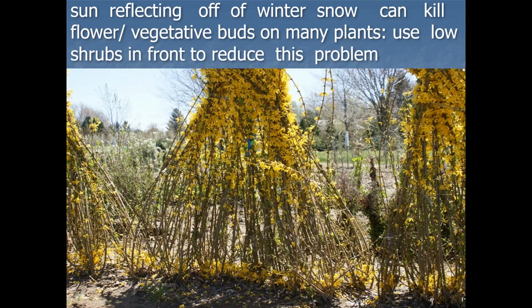And my thoughts on this matter are that particularly right now, this very month of February, when we have increasing day length, we have snow cover typically on the ground, our nights can be well below freezing, and we end up with the sun at a particular inclination where the reflected light is very intense, it generates a lot of heat, and as a result, these buds, which are beginning to swell as they lose their dormancy and their hardiness, are fried. So we have a zone, and the Forsythia represents this very well, but we see this oftentimes in our witch hazels, where there's a zone between the snow line and some reflective limit to the height